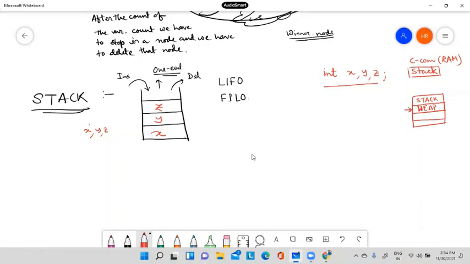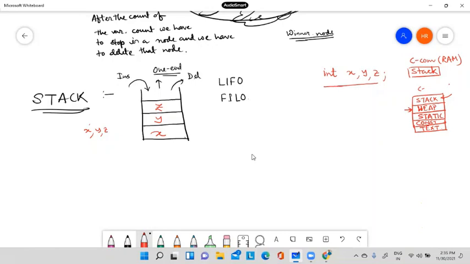There is one part which is called static memory. There is another part which is called constant memory. And there is another part where we store the C code we write in text form. So our C memory in RAM will be divided into these different parts. And normally whatever variables we declare, arrays, all these things will be allocated in the stack.